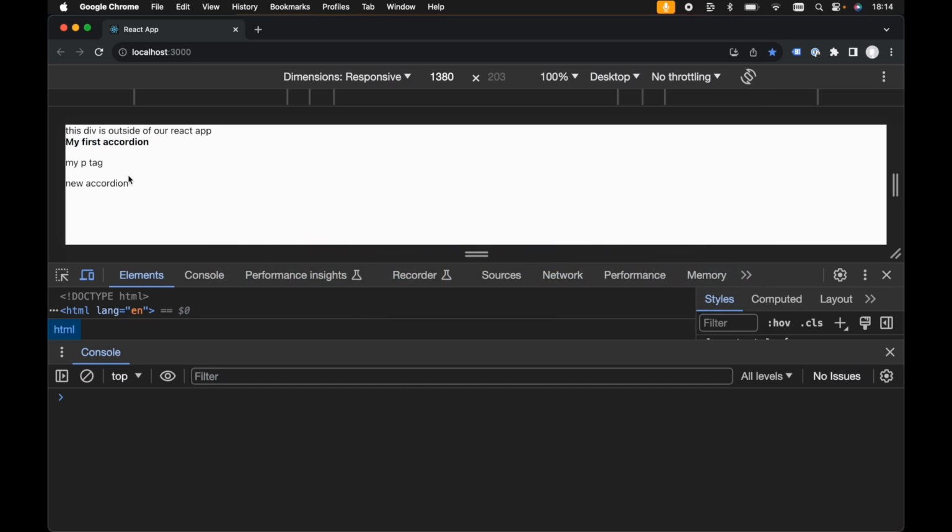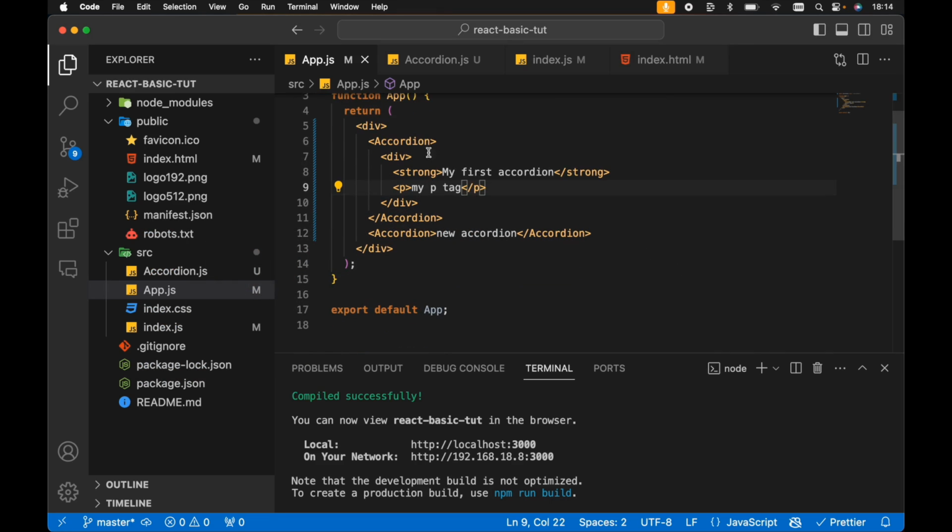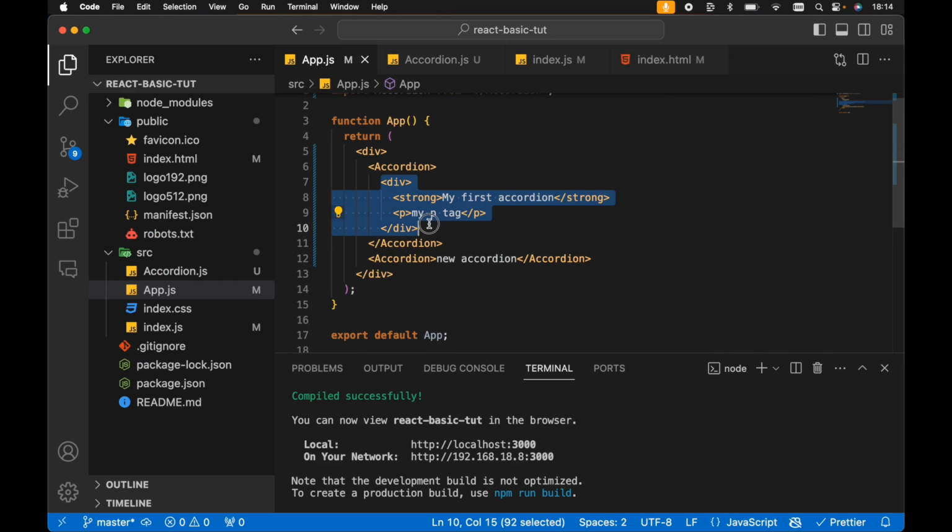We can see all this is rendering correctly as the children to the accordion component. So we can render anything as children to a React component, including other React components. With that said, in our accordion, ideally we'll pass in some label text to render